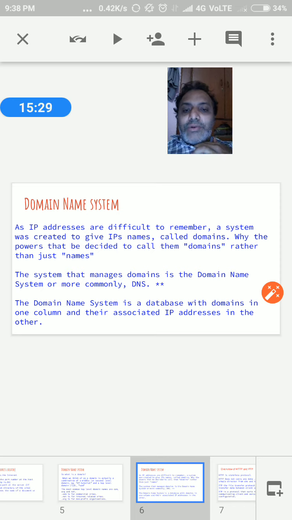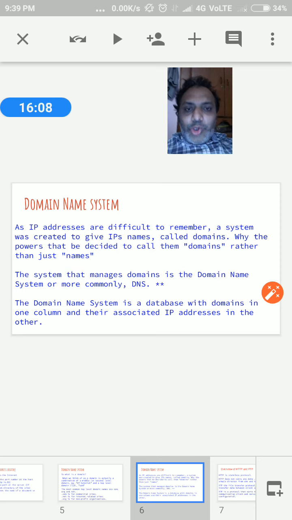Why do we call them a domain rather than just a name? I already told you why. Whenever we read the URL from the left, we can't just call it the name; we should call it the domain, from the top level, then the second level, and so on. We can also have a third level domain. We can take this as a hierarchy for a particular URL or domain.